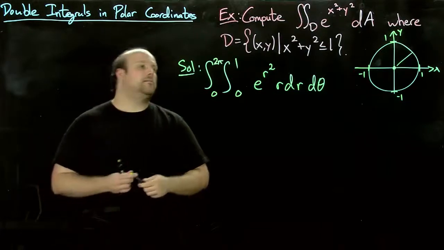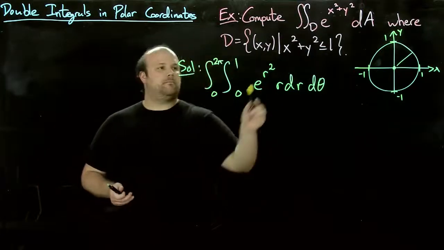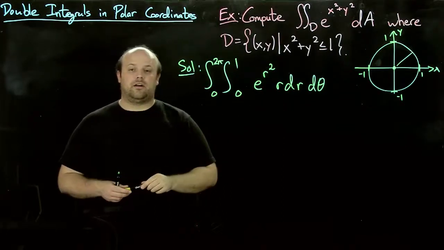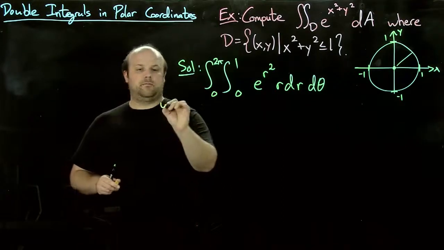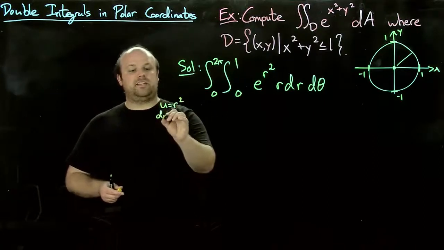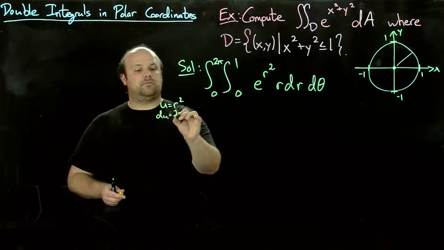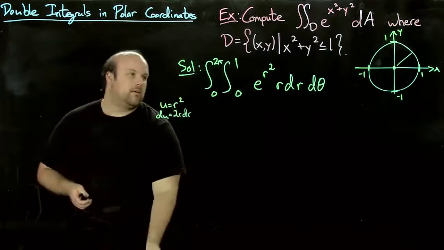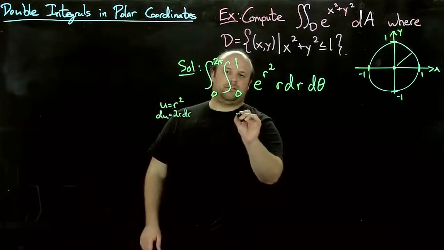And now, can we do it now? You'll notice we can. Before, we just had basically e to the r squared up there. But now we have this extra r. So we can do a u sub with u equals r squared. Right? So then du is 2r dr. So then this integral here becomes